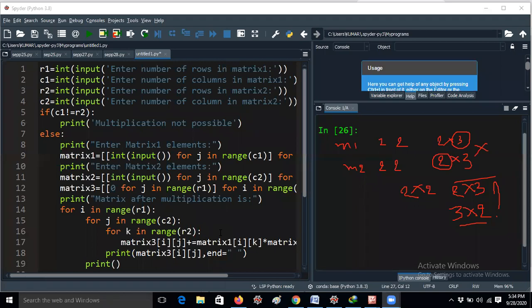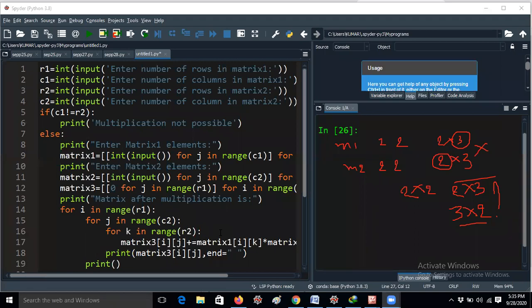Yes. Only three persons have answered. What about the remaining? What happened, guys? Before going to write the program, we have to know the rules of programming, right? Whenever I take 2 by 3 and 2 by 3, it won't work in matrix multiplication.